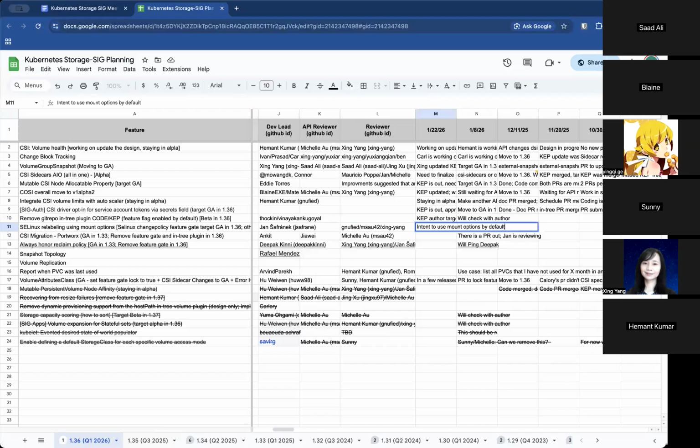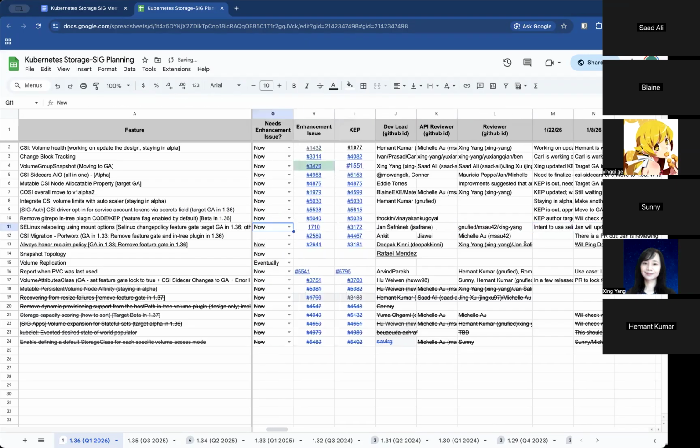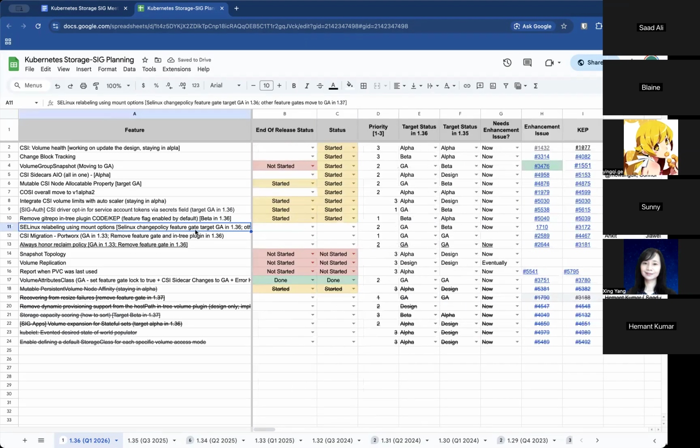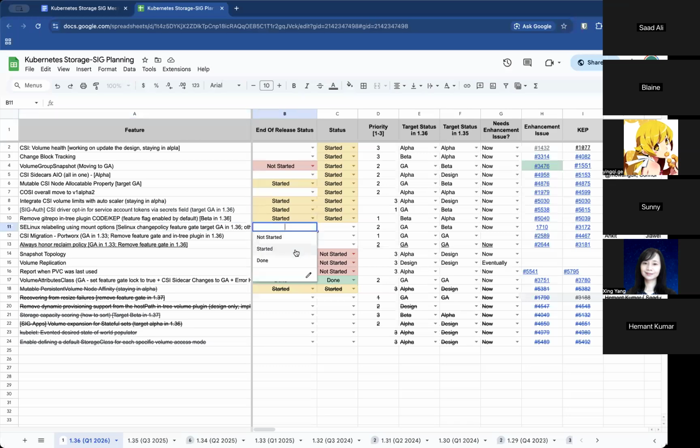The SELinuxChangePolicy feature gate and the SELinux read-write once pods one are safe as well, because the volume is being mounted only once. So these two feature gates are going GA in 136, and we intend to move the SELinuxMount feature, which will default to always using mount options for applying SELinux labels, to GA in the next release. Seems like it's mostly on track for the 136 pieces.